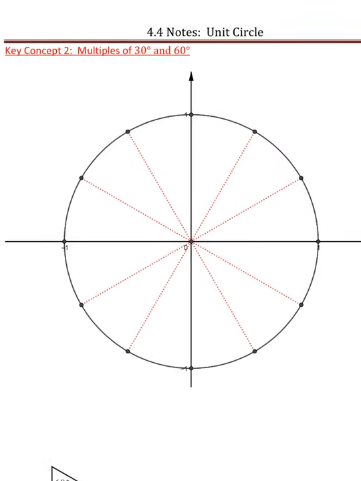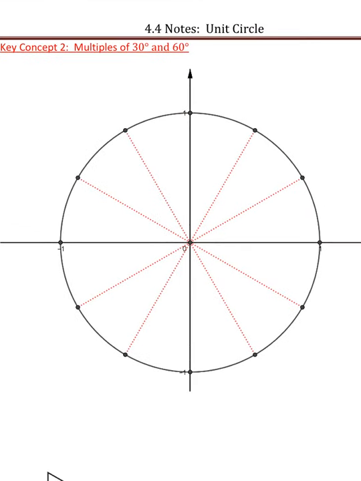I'm going to label the angles on these lines here, even though we know that the angles are in here. If I start to put these angles all in here, it's going to get messy. So first thing, I'm going to go around the circle and start labeling these angles, starting at the positive x-axis here, going counterclockwise, standard position of an angle. So this first one is going to be 30 degrees, and then 60 degrees, 90 degrees, 120 degrees, 150 degrees,